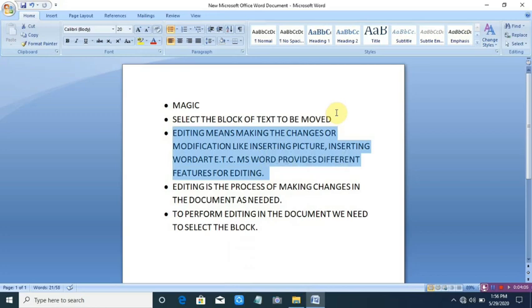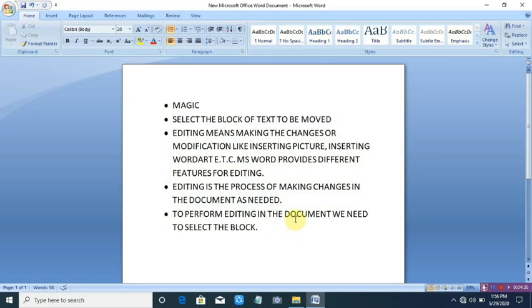Next is a sentence. Click the left mouse button on the sentence while holding the control key on the keyboard. अगर मुझे कोई sentence को select करना है तो हम लोग क्या करेंगे? Easily we will keep the mouse here and press the control key and drag that pointer across the whole paragraph or line. So this way we have done it.